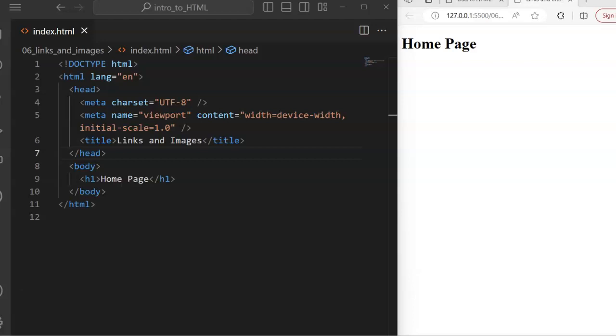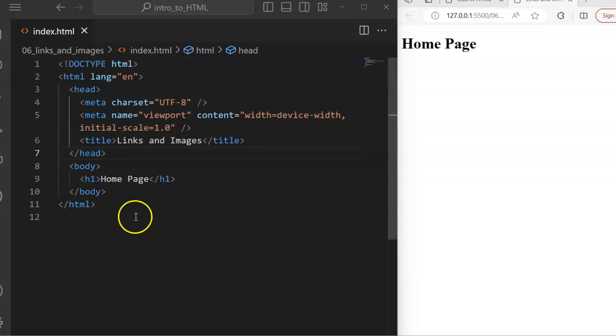Welcome to this session where we are going to be looking at how to navigate from one page to the other using links, and we also consider images in this session too as time permits. There might be times when you need to move from one page to the other, for example from the home page to the about us page. So we see how you can link two or more pages together and navigate between them using